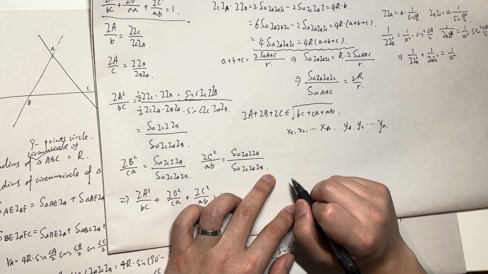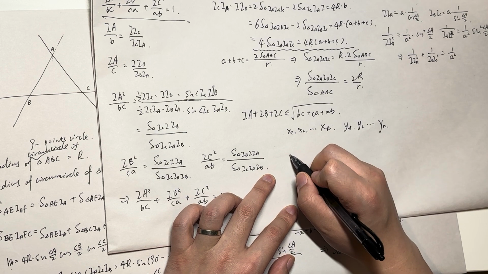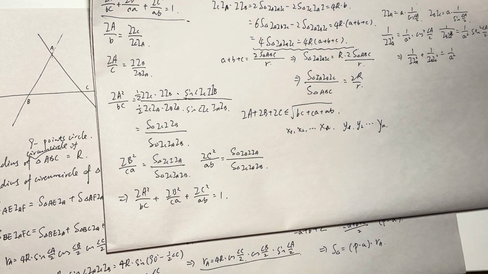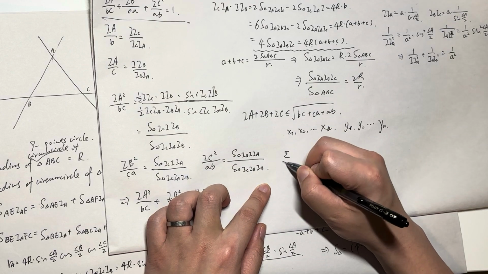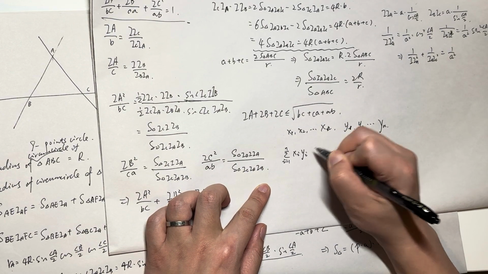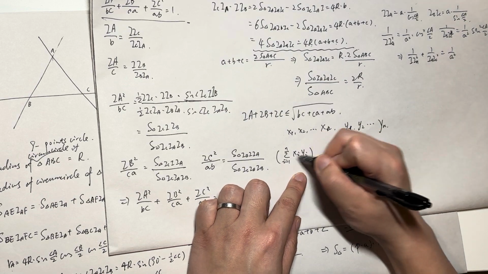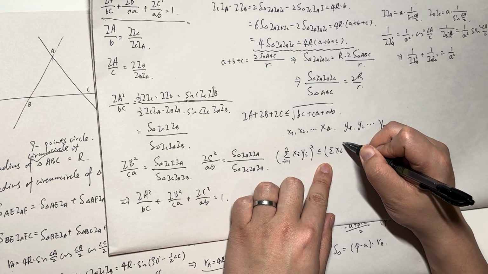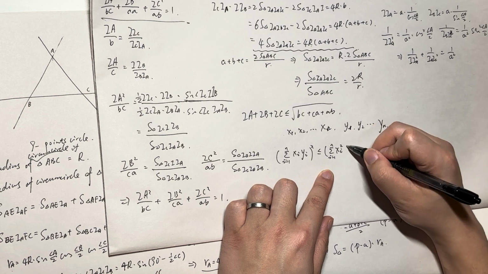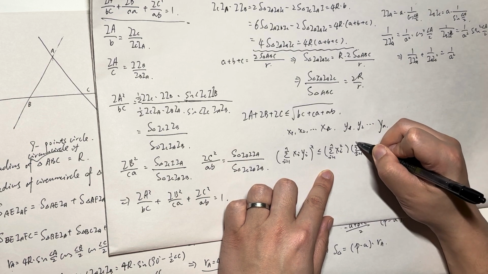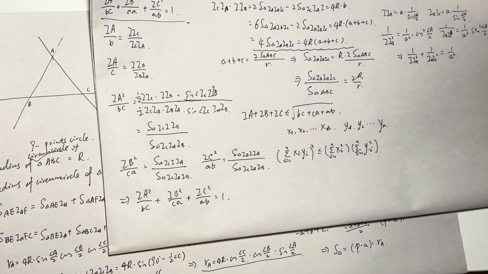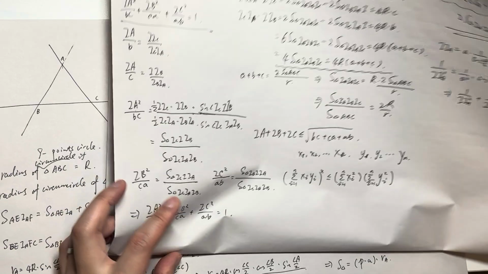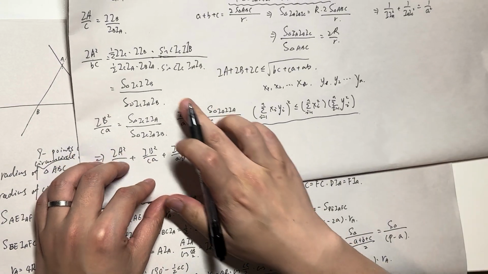So we have that the sum of xi yi, multiplied together and squared, is less than or equal to the sum of xi squared from i equals 1 to n times the sum of yi squared. Right, that's the Cauchy inequality. And let's just think about what we have here,